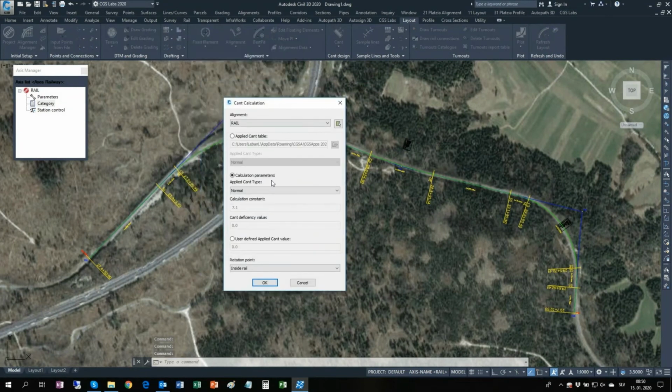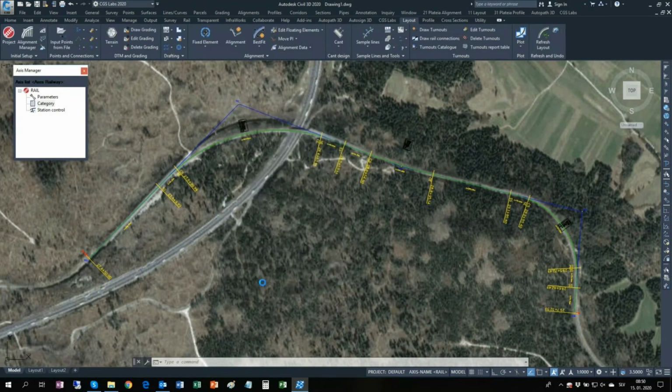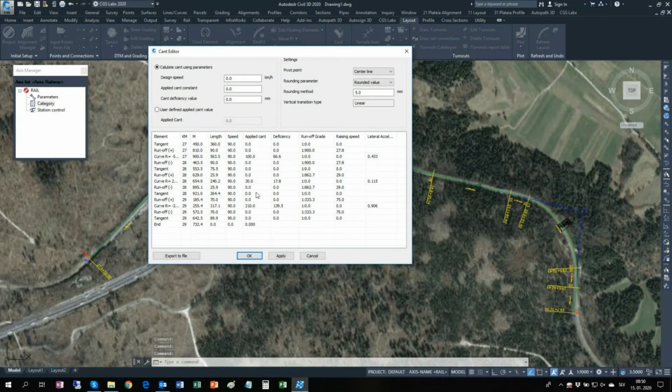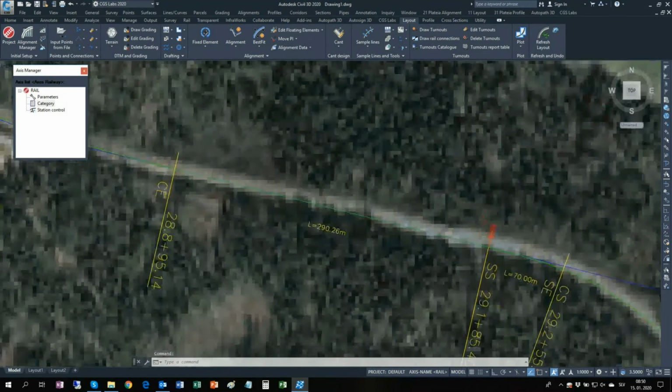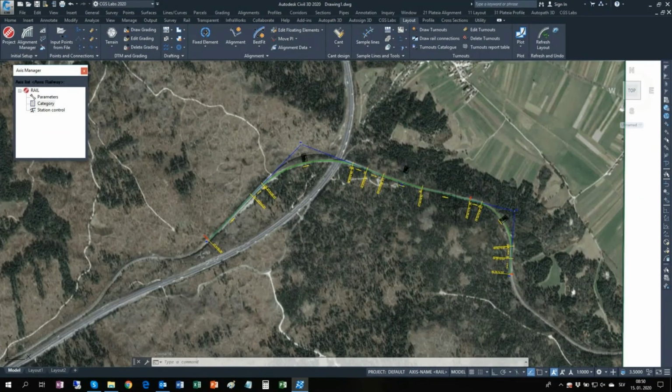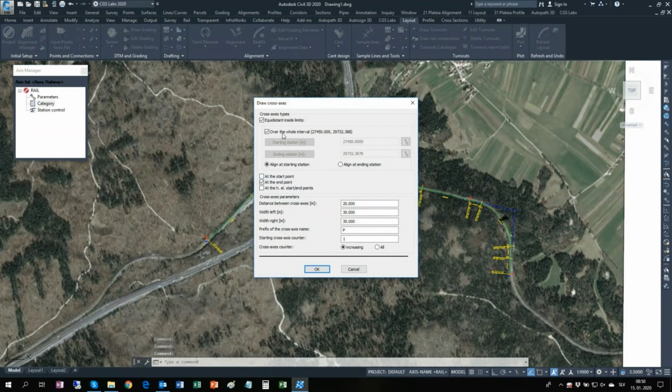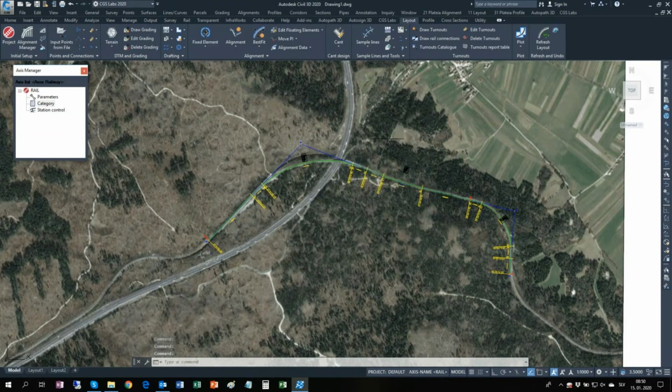For calculation of cant, so when designing alignment with tangent polygon, this cant is already automatically calculated. We can recalculate it using any of our pre-selected parameters. We have then cant editor, where we check the applied cant values. We can change design speed for a particular area, in this case for the last curve, which has a small radius, and the change of the speed we can also see on our alignment. Then we define the sample lines,